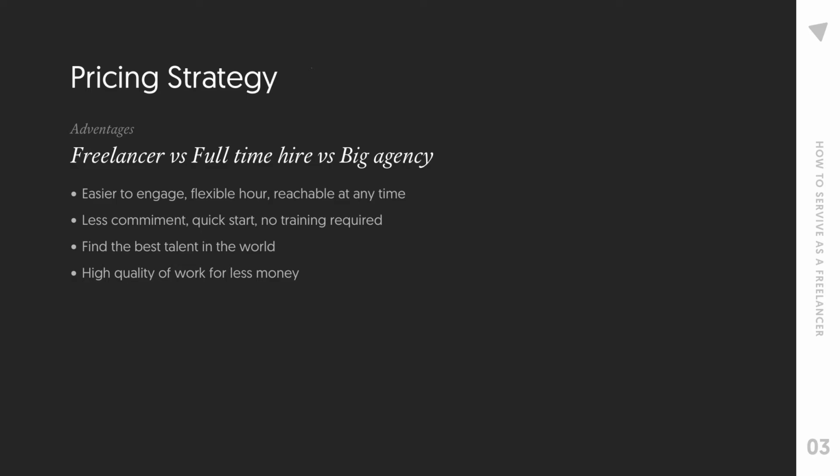You're paying them premium money to work on your projects, but maybe they will assign a designer that's not that good. Versus hiring a freelancer, you handpick the person that you want to work with, so you know that the quality is there, and for less money as well. Usually freelancers don't charge like a big agency, we charge much less money. So those are good points of being a freelancer.